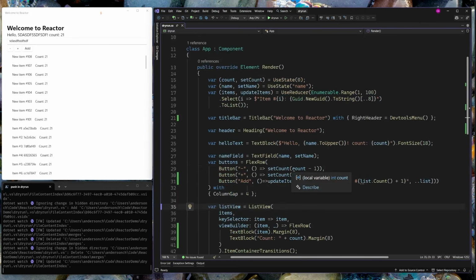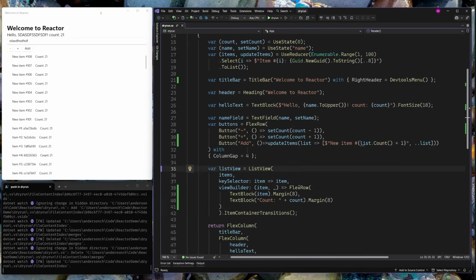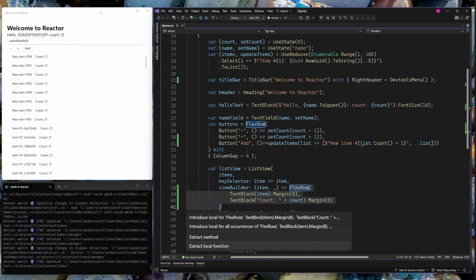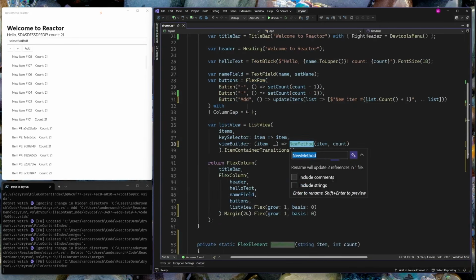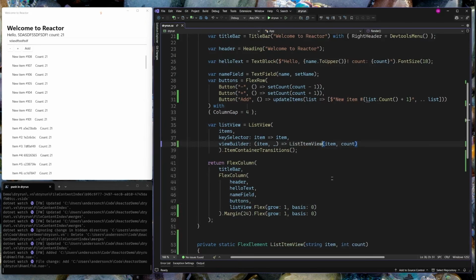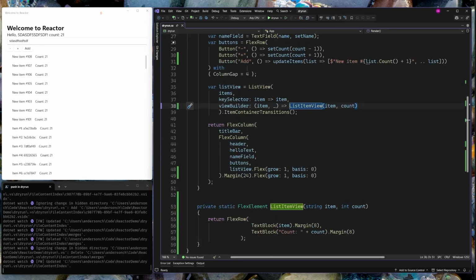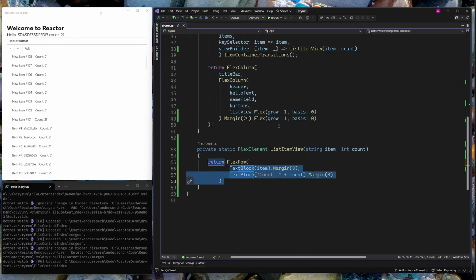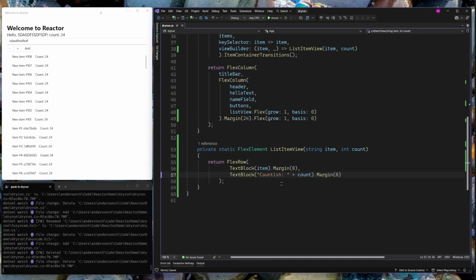Great. So the next thing I'd like to touch on is how to build new components. Here we have this flex row. The easiest way to build a new component is I can just simply extract a method, and we'll call this list item view. And it turns out that's all we had to do. This is a new function. This is a new component. We don't have to do anything else. It just works. In fact, if I change this and say I want this to say countish, and we save it,